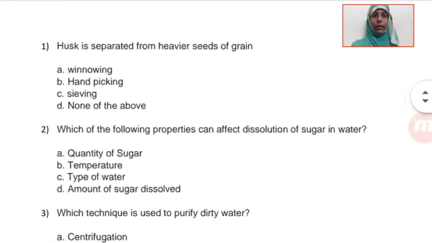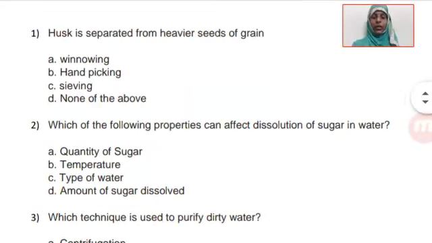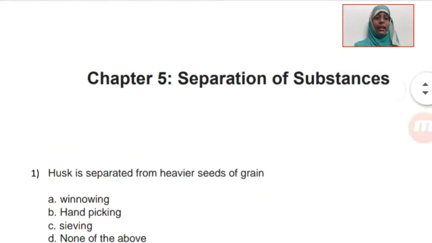Okay, the first question is an MCQ, and you have to choose the correct alternative from the multiple options. Take a new page in your science textbook, put today's date, and write the name as chapter 5, separation of substances.